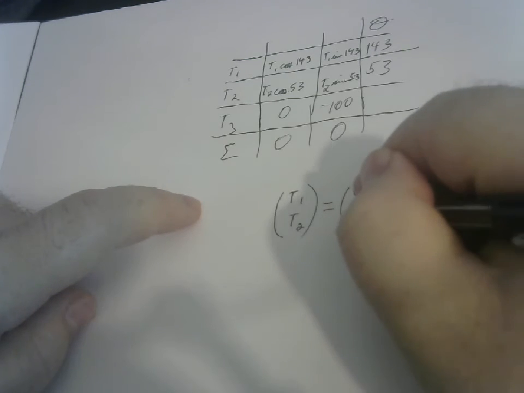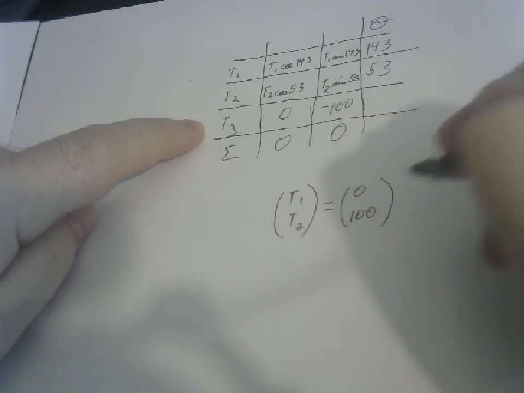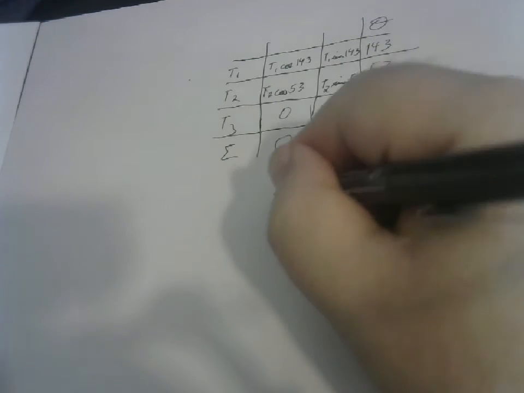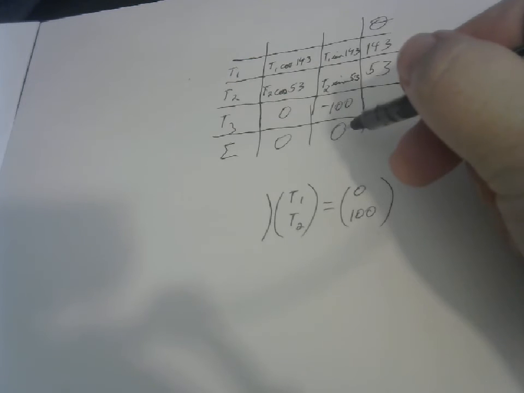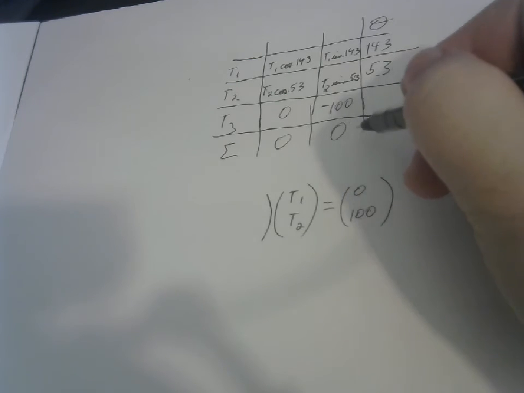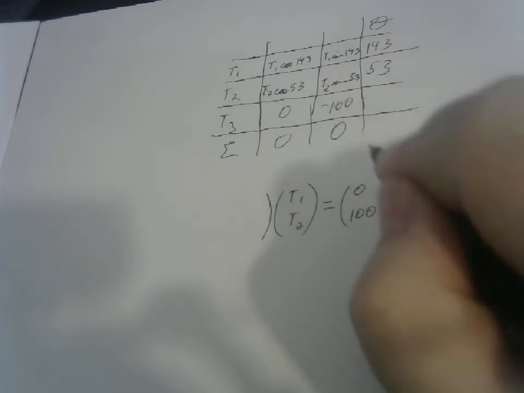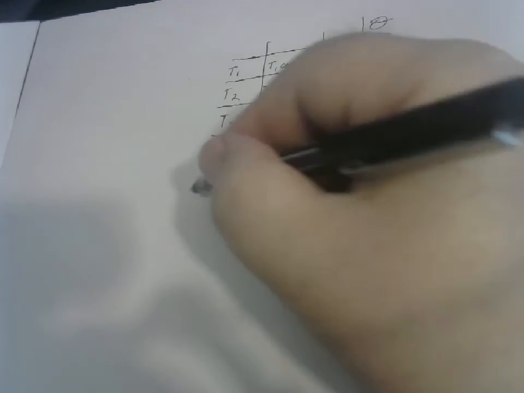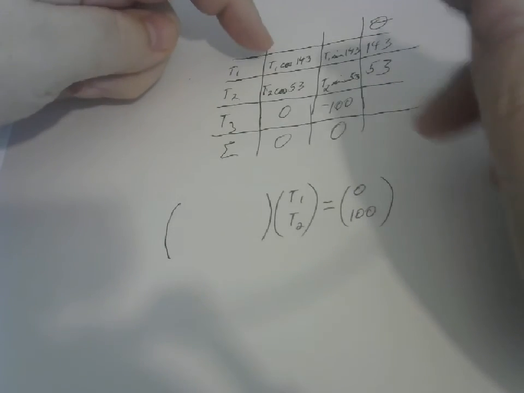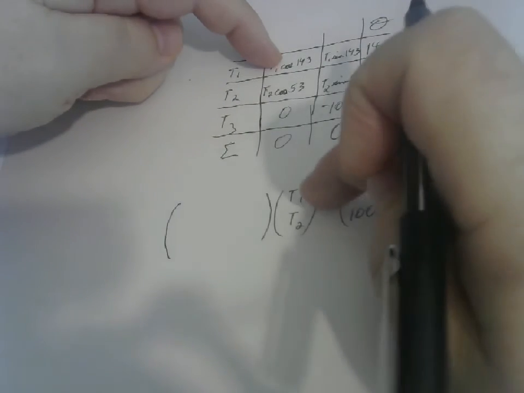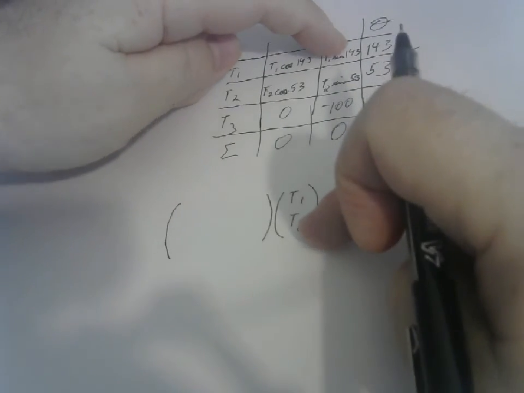I'm putting the constant negative 100, subtracting it from both sides, instead of putting the 0 on the constant side. But then the first equation is going to be cosine of 143 times T1 plus